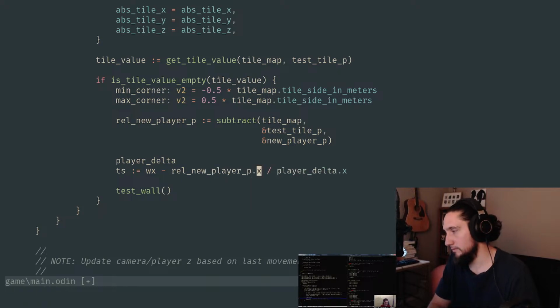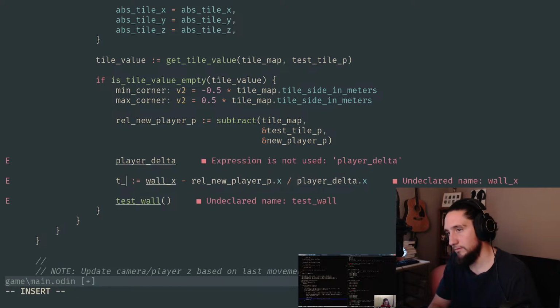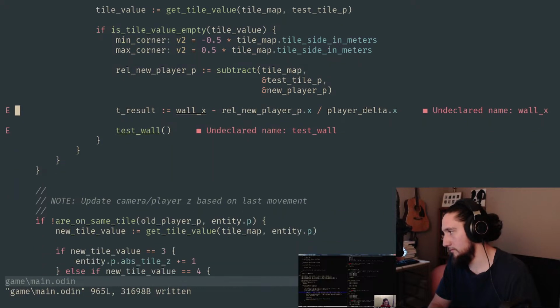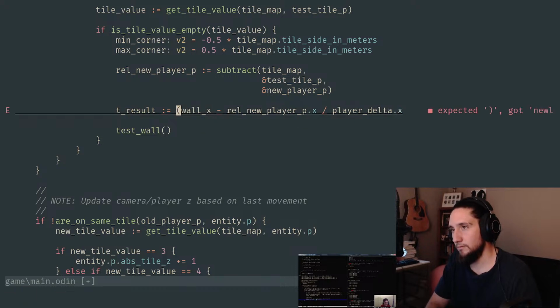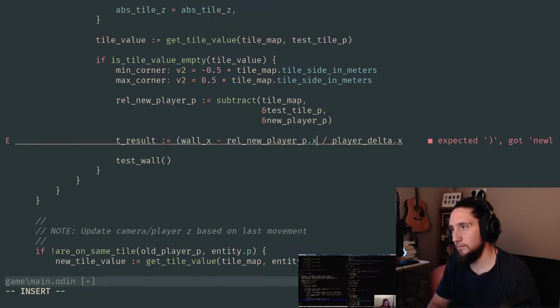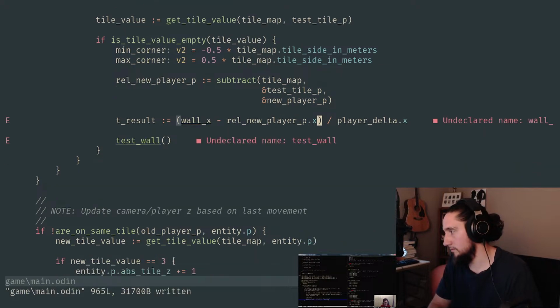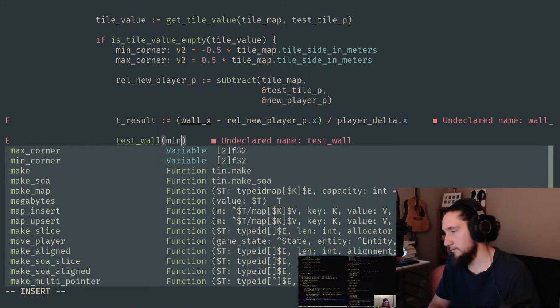So what we want to do here is make this into something that we can call, and this is again going to be the t result value. We want to make this into something that we can call 4 times with 4 different values. So we can do test wall with the rel player x and one of the wall x's, like the minimum corner of the tile's x value, for example. Then we can say what its bounds are in y, so it's min corner y and max corner y. So basically, this is the location of the wall. These are the bounds where the wall is, and then we've got our value that we're actually